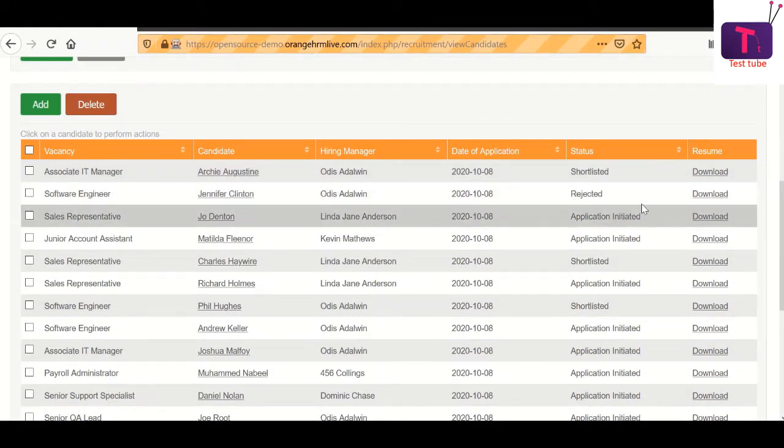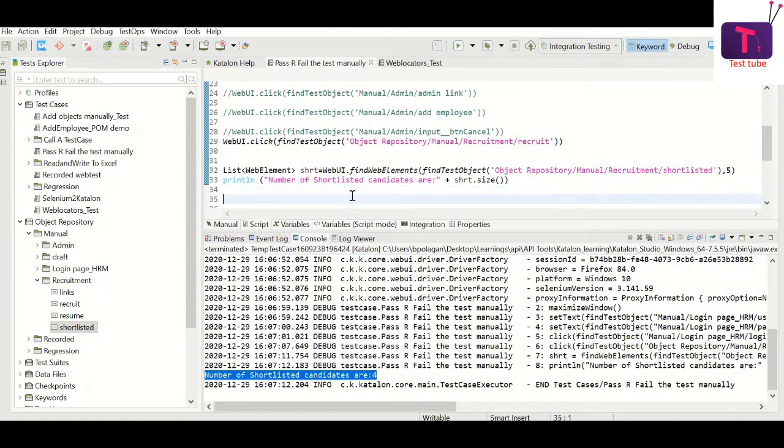Then how am I going to fail this test case, right? So there should be a way to fail this test case. The simplest way that can come to your mind is that, okay, if the shortlisted candidates are 0, then you may want to say it has to fail the test case. If shortlisted candidates have some number, then alright, you can mark this test case as success.